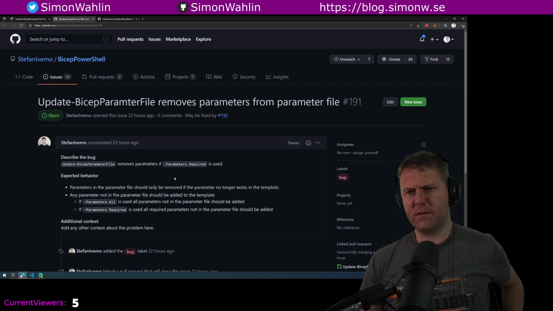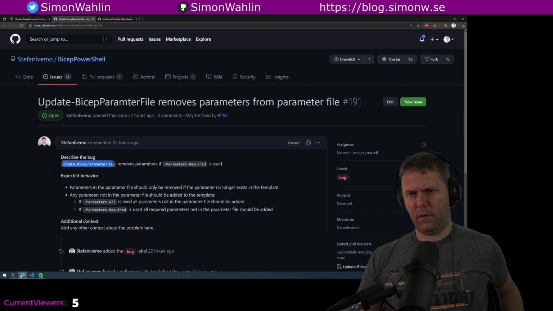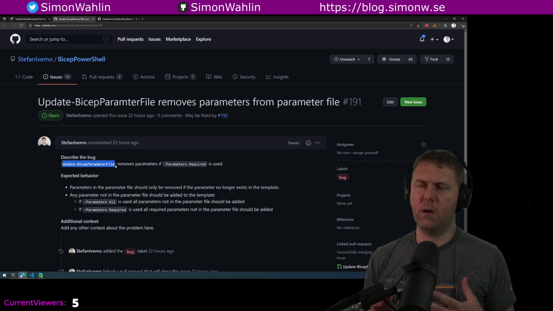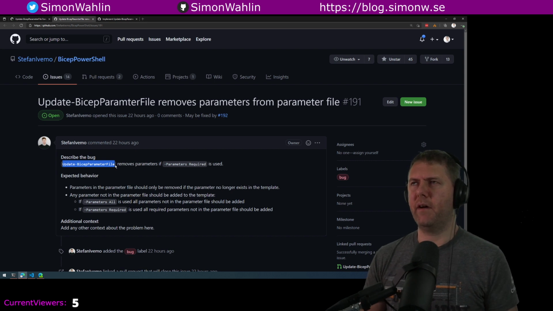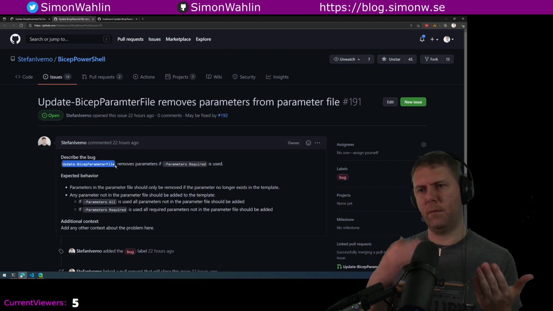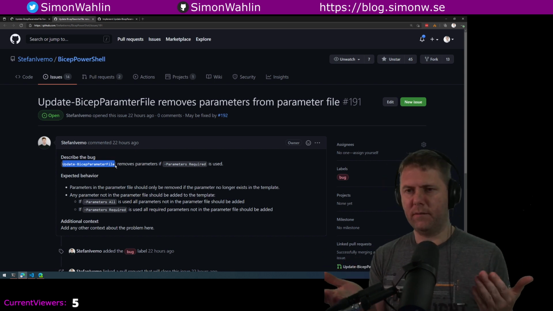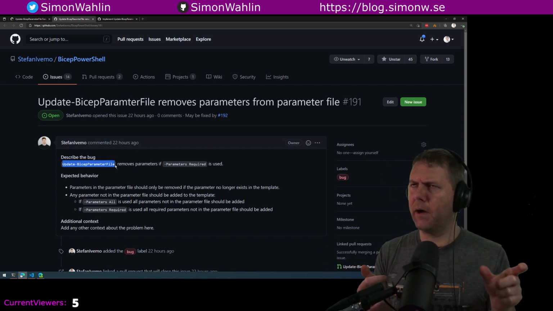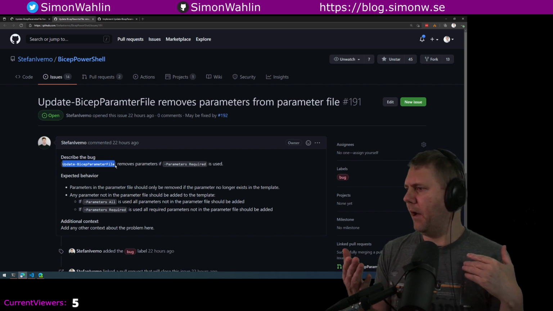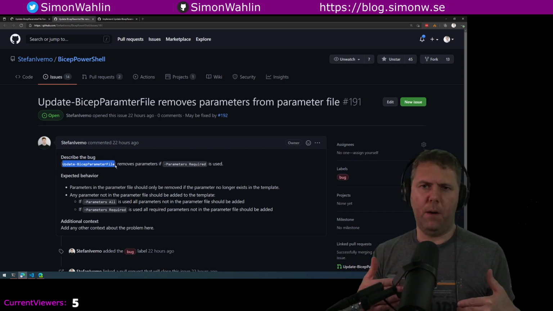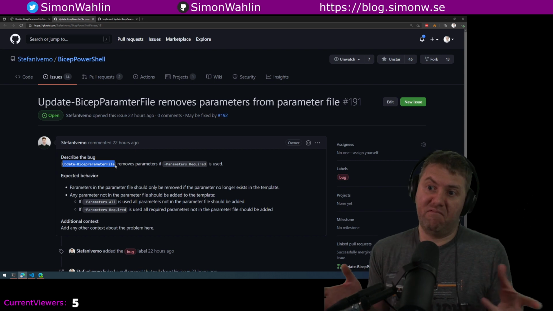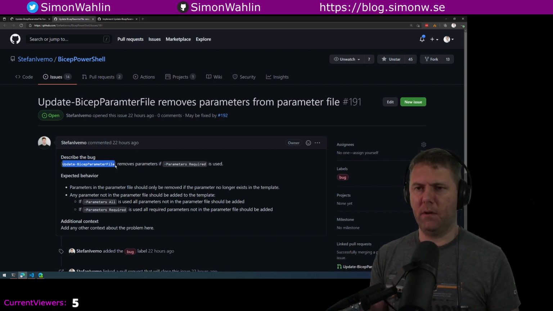Oh yeah, so this is a tricky one. We have this new command called update Bicep parameter file. The point of it is that if I have a Bicep file and then I generate a parameter file for that template, and then I update my Bicep file by adding or removing parameters, my parameter file won't be valid anymore. So we built this update Bicep parameter file, which will